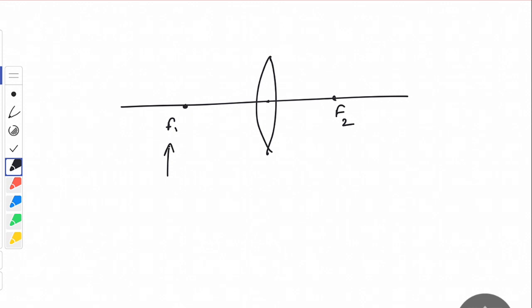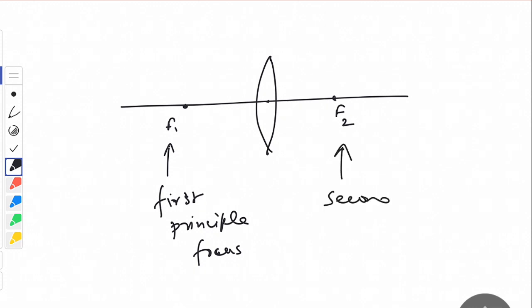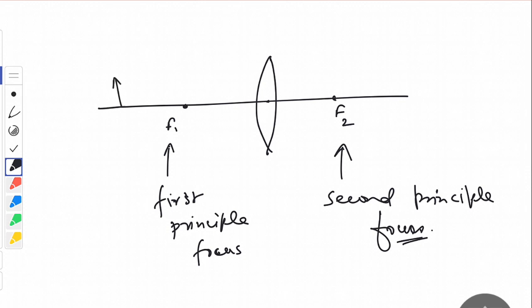Let me just write it down. This is the first principal focus, and this is called the second principal focus. Okay, so now let's say if I have an object here, I can take one ray which goes through the focus, right? So let us say if I take a ray which goes through the focus like this,